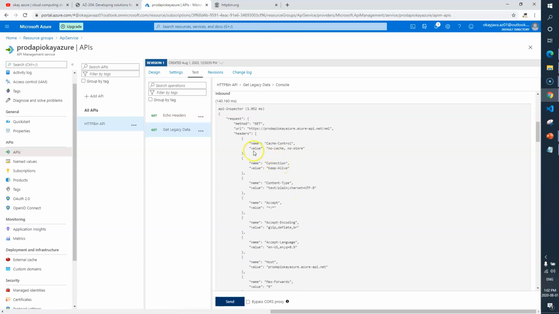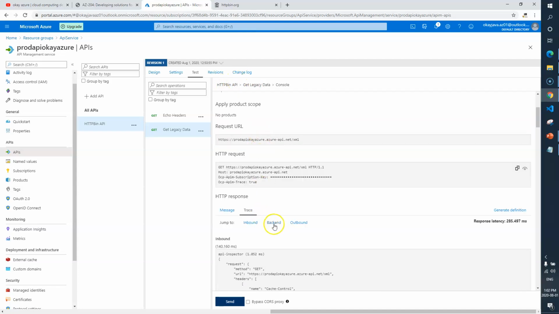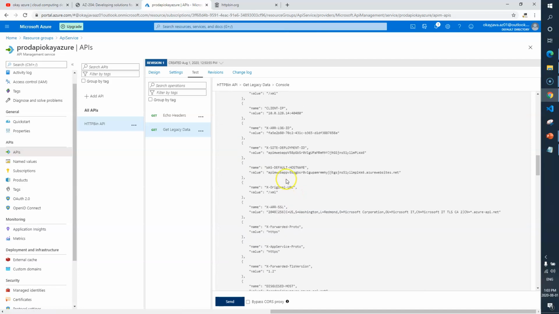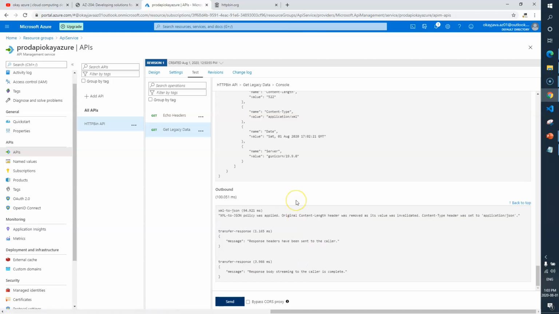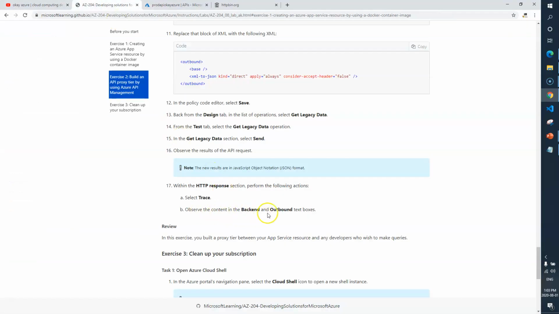Inbound is what we have, and in the outbound, backend, here is outbound. What it says is, observe the content in the backend and outbound text boxes.